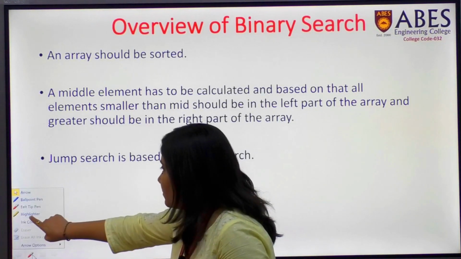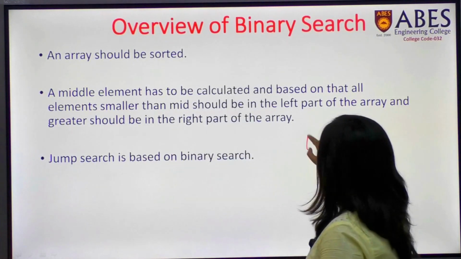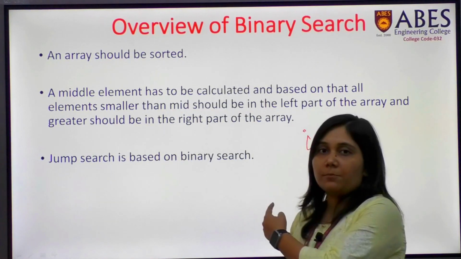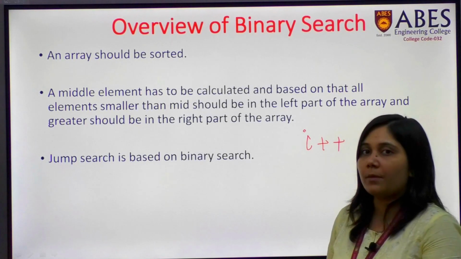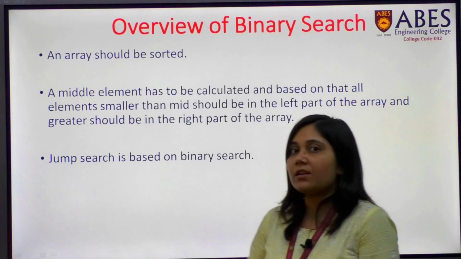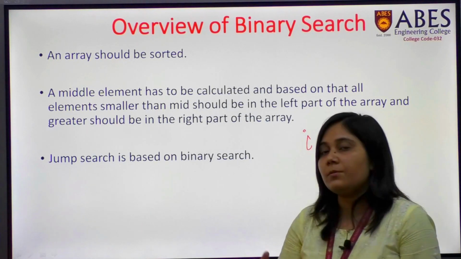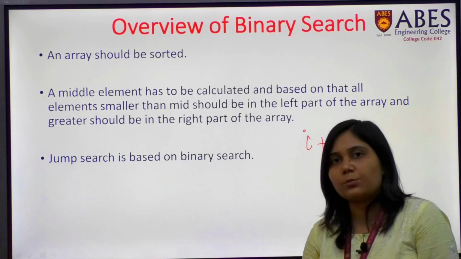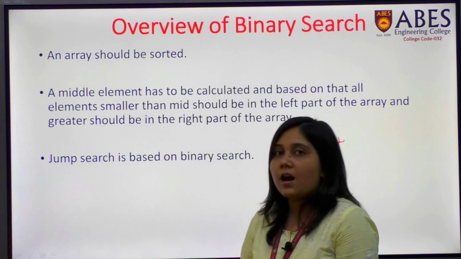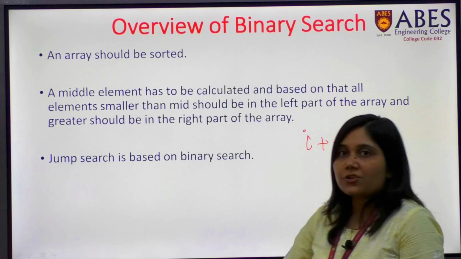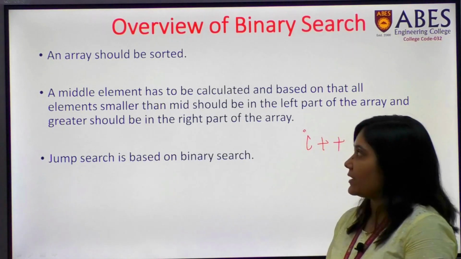Let me select the pen first. Suppose I am doing this, I++. So this is also a concept of jump, that I am taking a jump of one by one. But now jump search has certain new things: we can also jump 4 blocks, 3 blocks, that will depend, and we will also calculate how we identify all those things. So it is basically a variation of binary search, based on binary search.